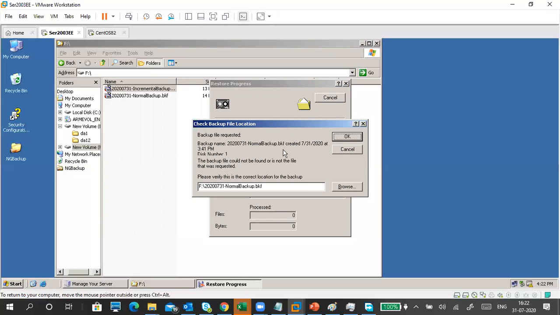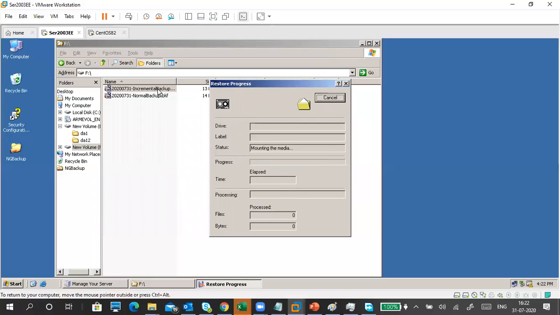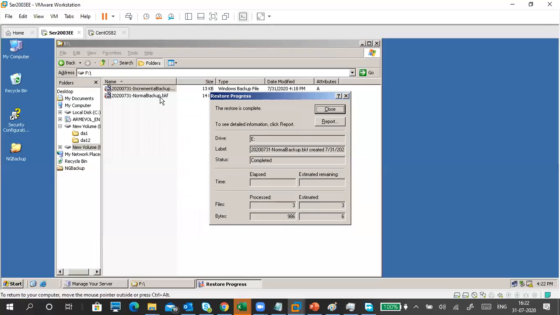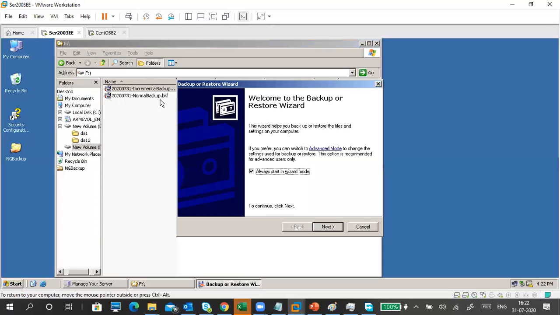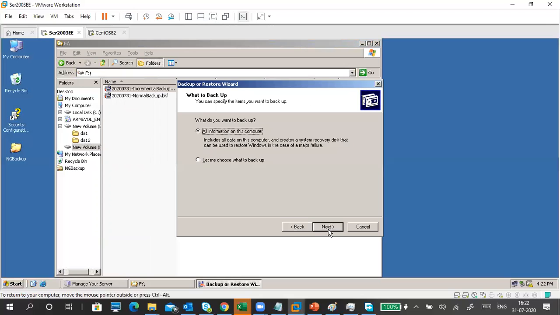Requested file name: normal backup. Okay, so when I am trying to restore the incremental backup, it is also asking about the normal backup. If you compare both, I got the normal backup first. So where is the incremental backup? Then I will do the restoration.